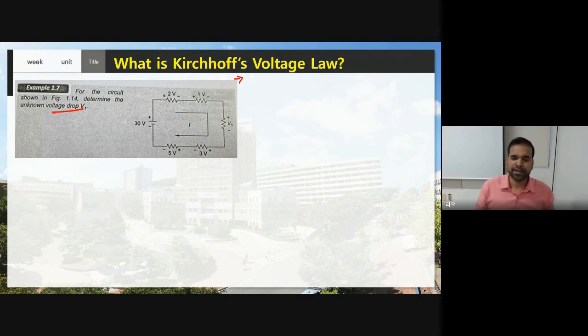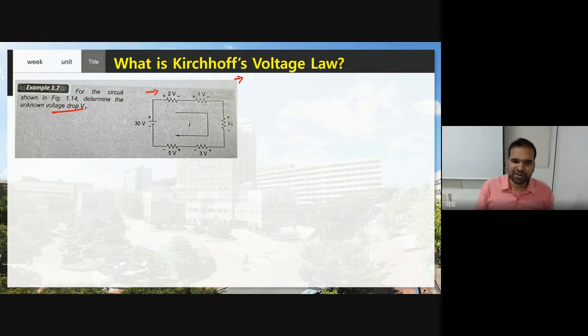Okay, clear. Now see, is it a closed circuit or not? Yes, it is a closed circuit. Then you can apply KVL. Now see here, they have already considered the current I is going in the clockwise direction. So if the current I is going in the clockwise direction, then this is the plus and minus. They have already given the higher potential and lower potential at each resistor.